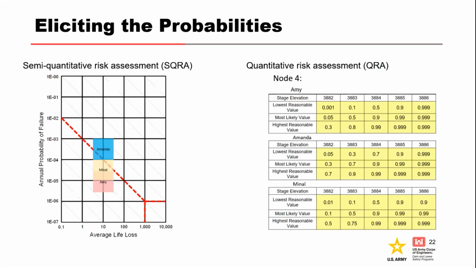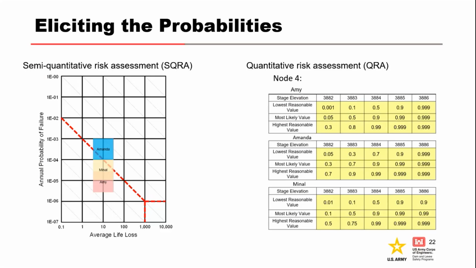Now, as far as eliciting the probabilities, for some of the quantitative risk assessment, everyone does their own individual estimate for the APF. So that's the chart there on the left. The team agrees on what the critical loading is prior to making their estimates. They have the AAP of that loading. They keep track of their individual nodal estimates, multiply all those together, figure out where they land, and then share it with the team.